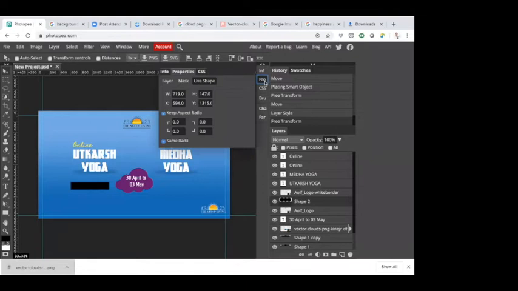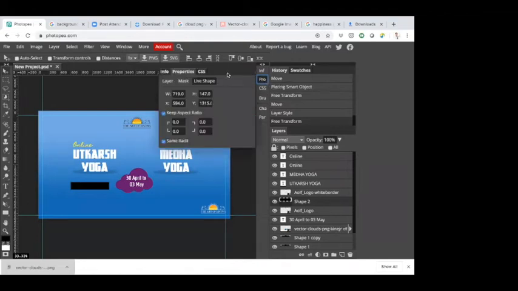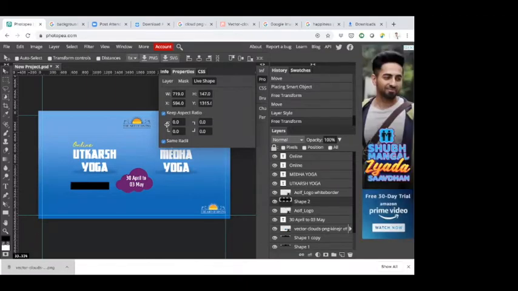Okay. Now for shape layer, click on this properties. It's actually short for properties. Now if you increase this, you can see the corner of the rectangle is actually becoming like a circle. If I keep it 0, it is fully a rectangle. If I increase the pixel here, then it becomes a rounded rectangle.